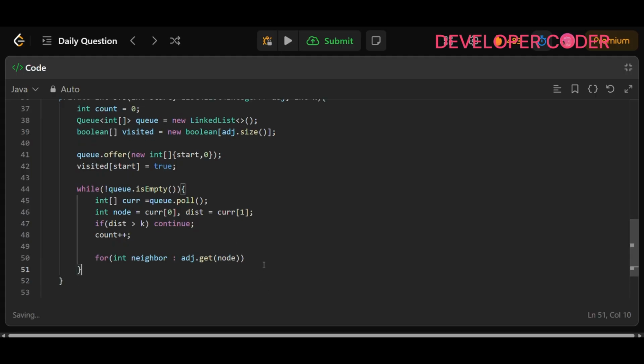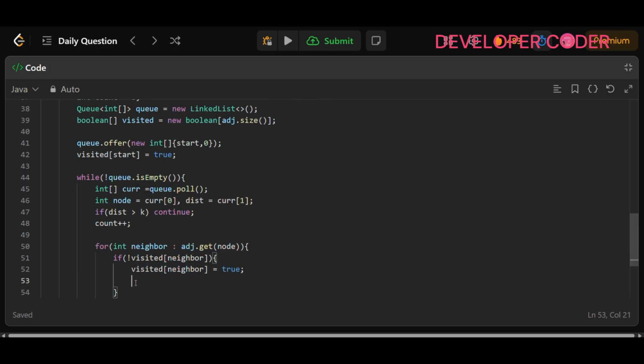Right? So here inside this, if you haven't visited that particular neighbor, just make that check. If not visited dot this neighbor. Okay, neighbor. If you haven't visited this neighbor, then after that here you have to just mark this visited of neighbor. Okay, let's just copy, visited of neighbor to true. Okay,